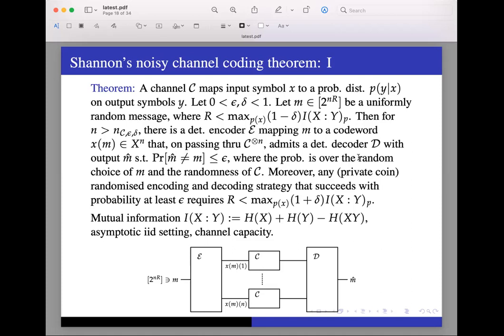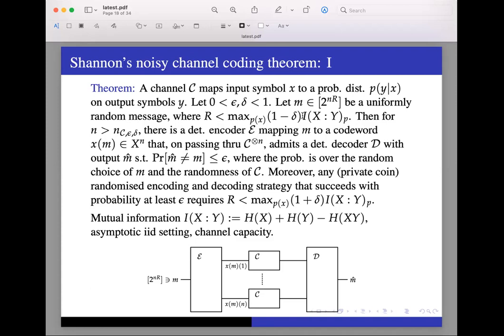And the achievability result of Shannon says that as long as the rate per channel use, okay? So you can see why it's called the rate per channel. So this is the number of messages that I can send. Okay, so the total number of messages is 2 to the nR. Log of that, when I'm measuring in bits, is nR. Per channel use, the bit rate is R. So if the rate is less than this capacity, then for large enough n, I can indeed get transmission with very small error, less than epsilon error.